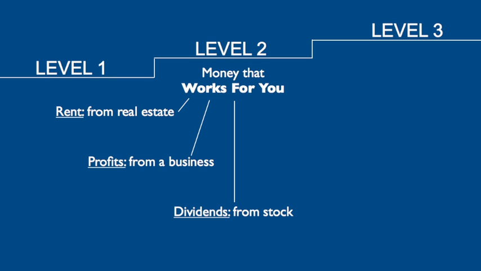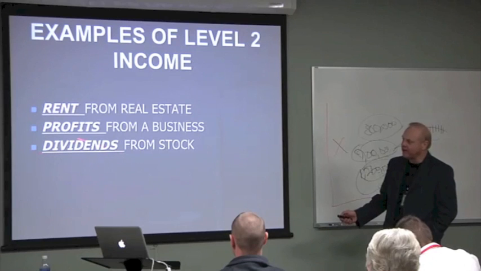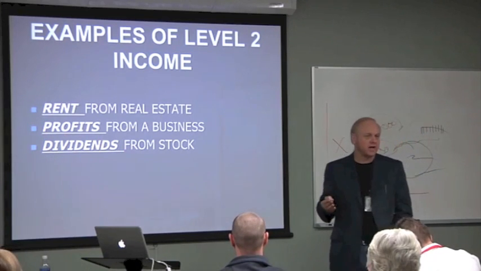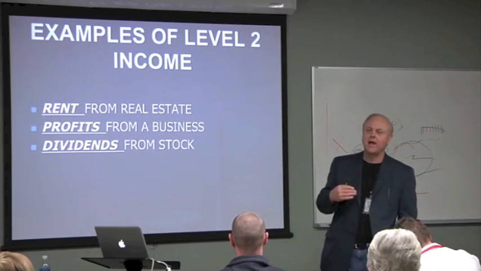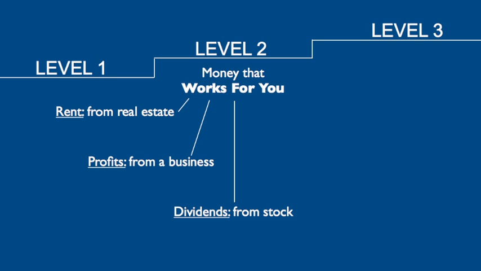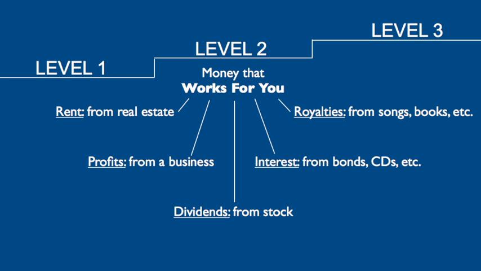And the word we're using here is dividends. Okay, that means a dividend is not earnings from a stock. Dividends right now and taxes are still considered passive income. Okay? When a stock doubles in value, that's considered capital gains. Dividends from stock, interest from bonds, CDs, and things like that. Royalties from songs, books, or any kind of intellectual property.